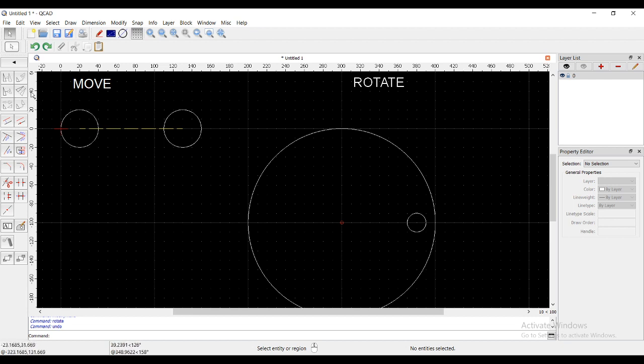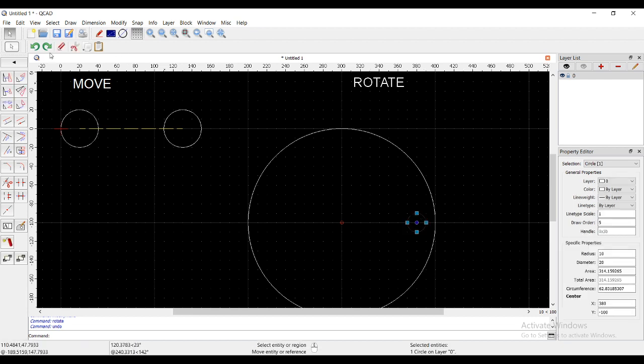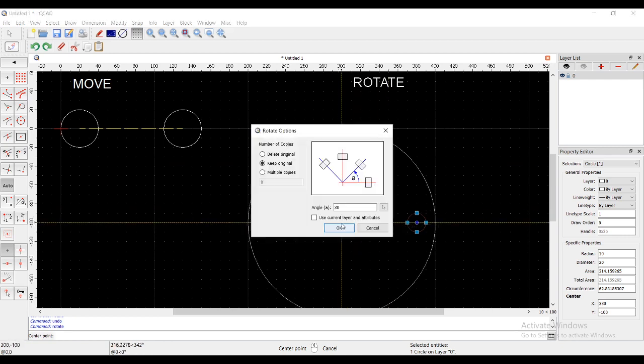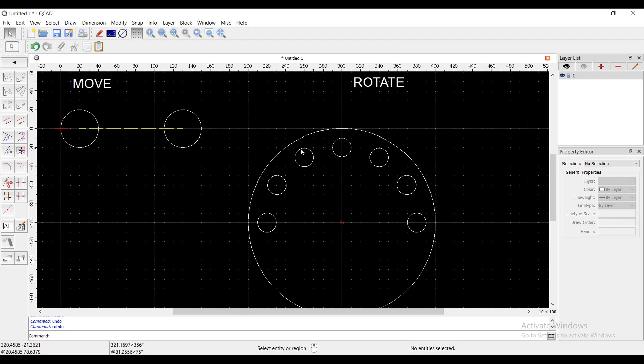Let us go for one more option. I will select the object and go to rotate with the same center point. I will use the multiple option, which will give me the pattern. This is giving me 30, and I am going for 6 objects. So 30 and 6 will give a total of 7 objects with an angle of 30 degrees each. This is 30, this is 30, this is 30, total 90, and then three more objects at 30. So this gives you the angle.